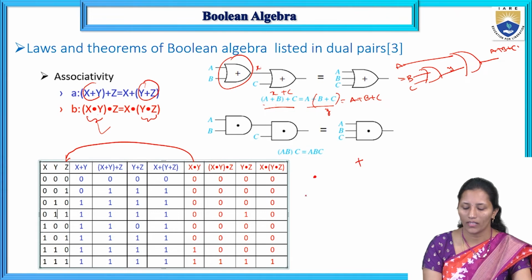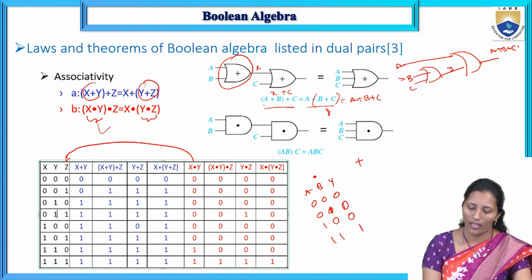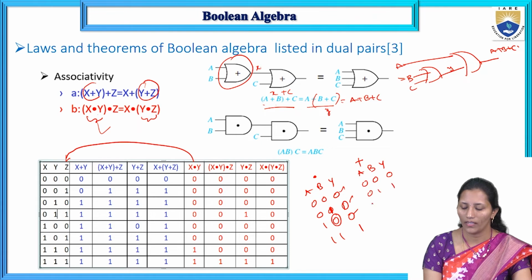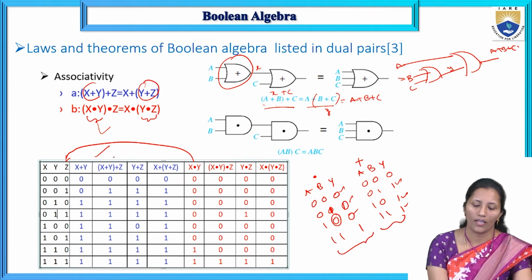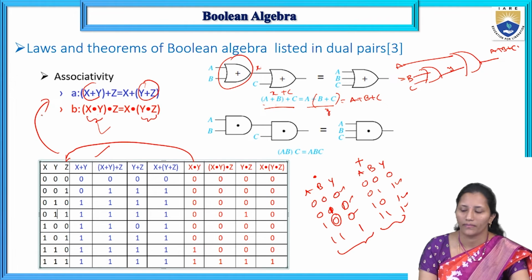For AND operations, with inputs A, B: 0 0 gives 0, 0 1 gives 0, 1 0 gives 0, 1 1 gives 1. So if any one of the input is 0, for AND operation we are going to get 0. For OR operations: 0 0 gives 0, 0 1 gives 1, 1 0 gives 1, 1 1 gives 1. So if any one of the input is 1, then automatically the output goes to high, that is 1. So if we know these truth tables only, we can write this truth table and we can analyze these laws